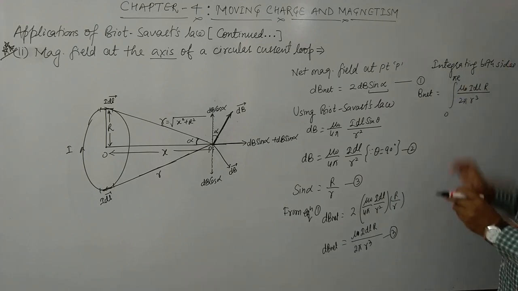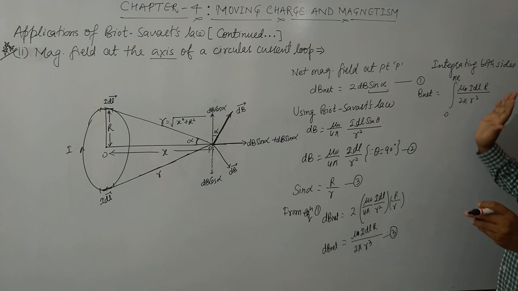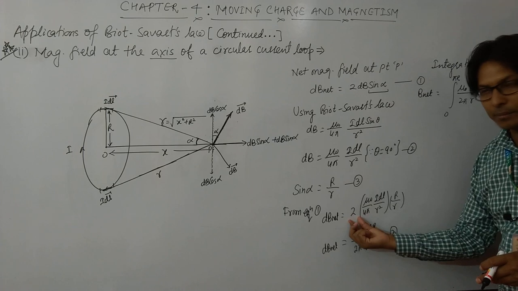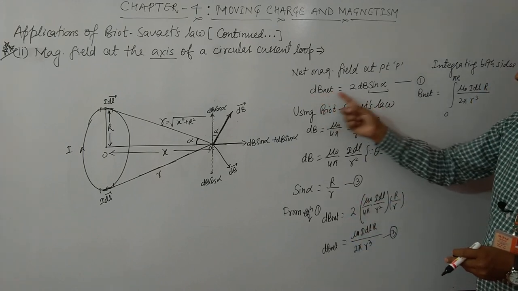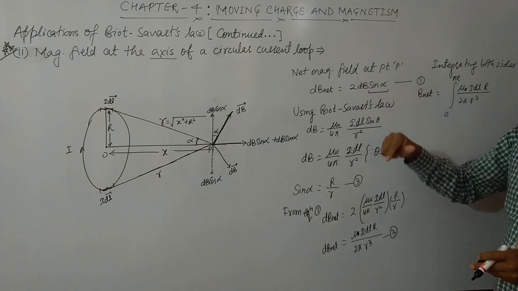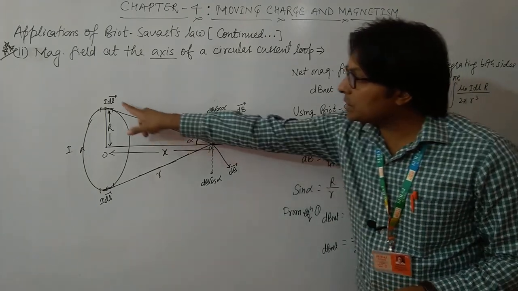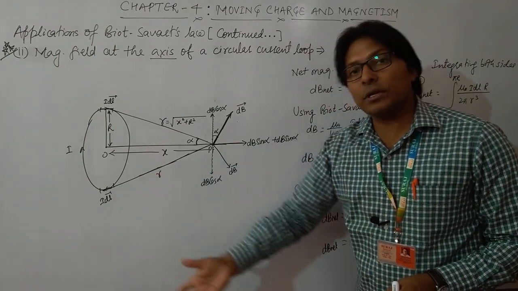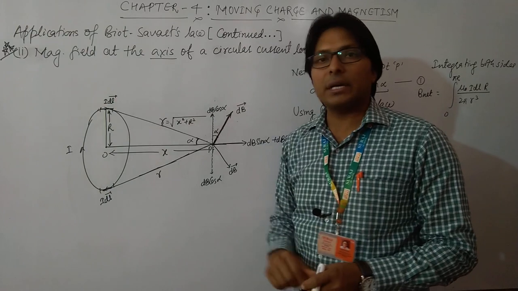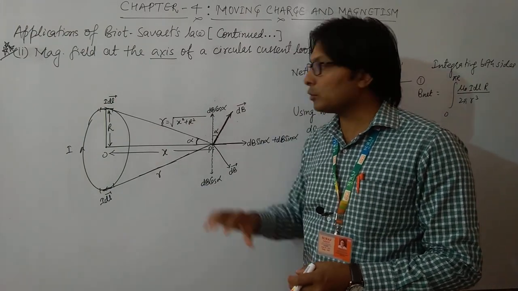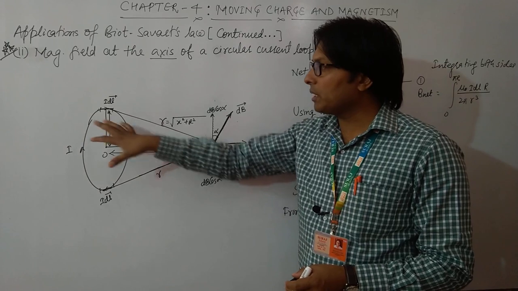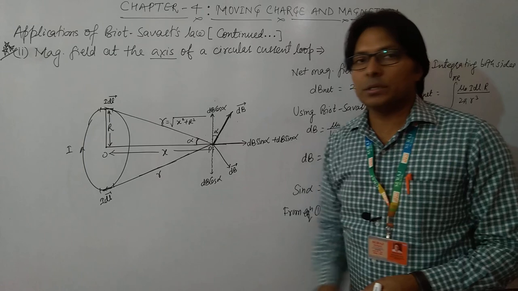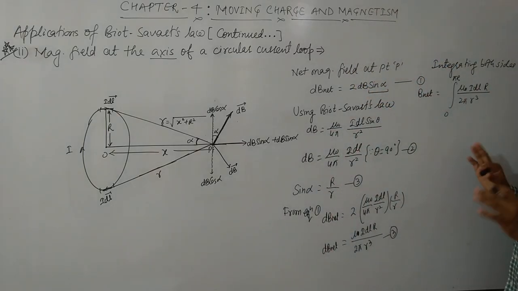r. If you put this limit from 0 to 2 pi r, then you have to remove this 2 from here, because we have taken dB net as 2 dB sin alpha, because dB sin alpha due to this current element and dB sin alpha due to this current element. So since we have already considered two current elements on the same loop, on completing half of the loop, we will complete the full revolution by simply considering two current elements simultaneously.